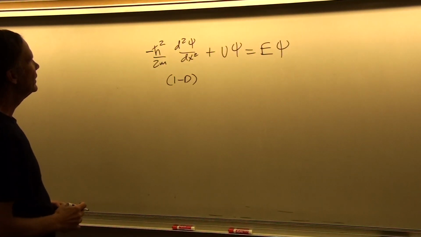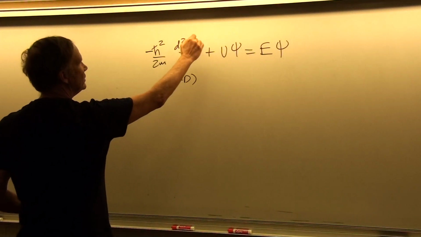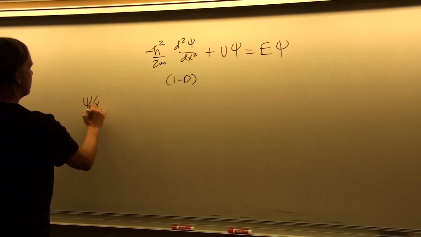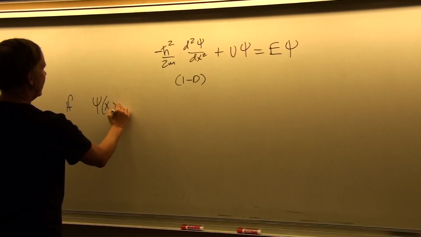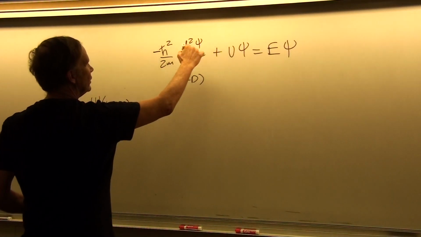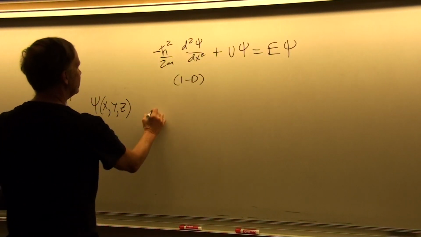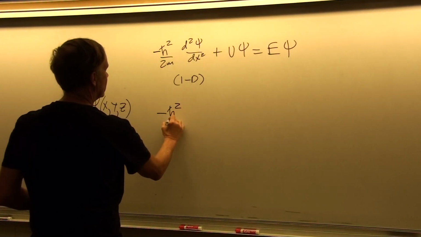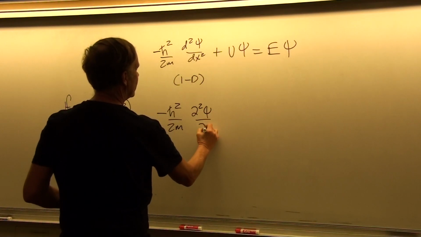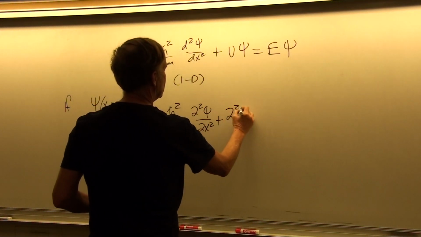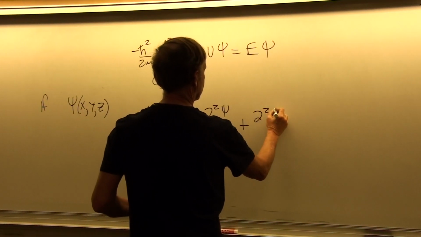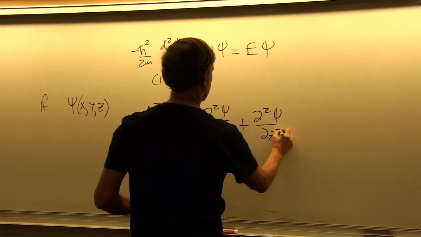But if we have a three-dimensional problem, then we have to take into account the variations in psi with respect to y and z. So if psi is a function of x, y, and z, then this second derivative operator turns into a gradient function. This becomes minus h bar squared over 2m times the partial second derivative of psi with respect to x squared plus the partial second derivative of psi with respect to y squared plus the partial second derivative of psi with respect to z squared